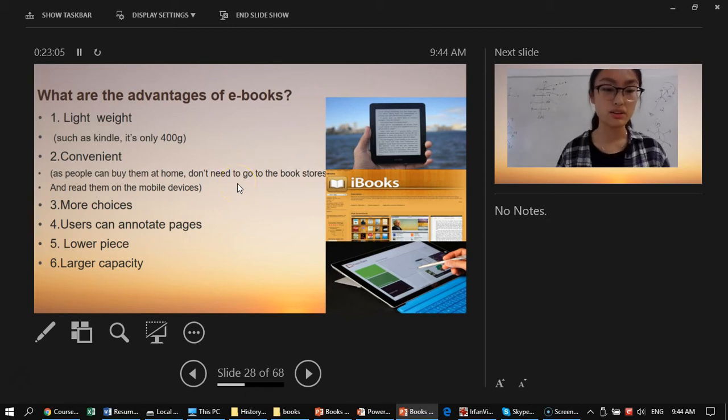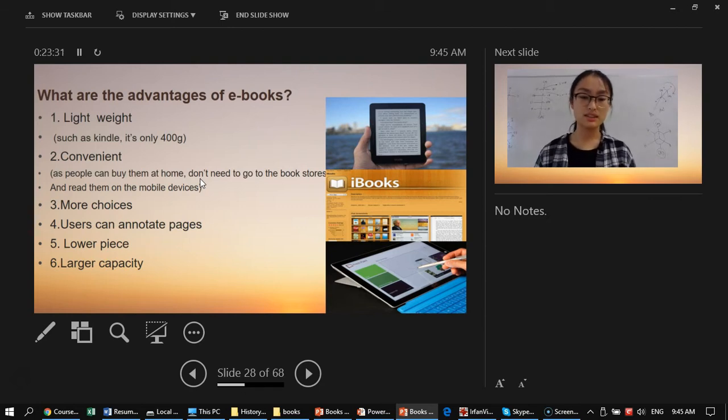And then let's talk about the convenience. An e-reader has a booklight, so you can read it at night. And when you have the impulse to read, you can buy the ebooks in the online shop wherever you are, at school, at home, in the office. You just need to move your finger, look through the book list, choose the book you want, and start reading. But you must be careful to make sure that you charge the e-reader enough before you're reading.